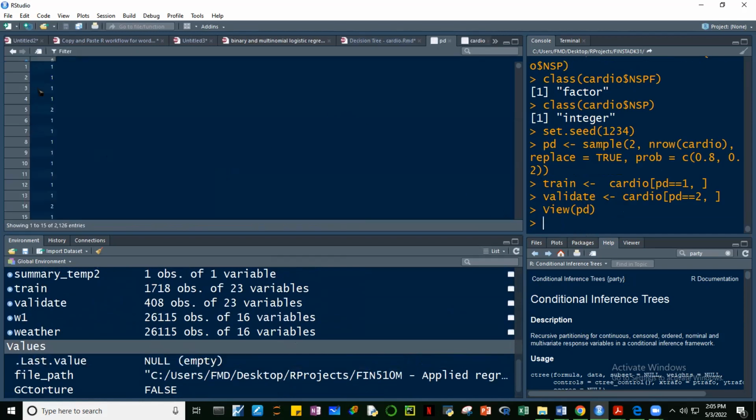Okay, so we can see here how the data was partitioned: 1, 1, 1, 2, 1, 1, 1, 2, 1, etc. Okay, so lahat ng number 1 went to the training data set, and then lahat ng number 2 went to the validation data set. And if you view si train,